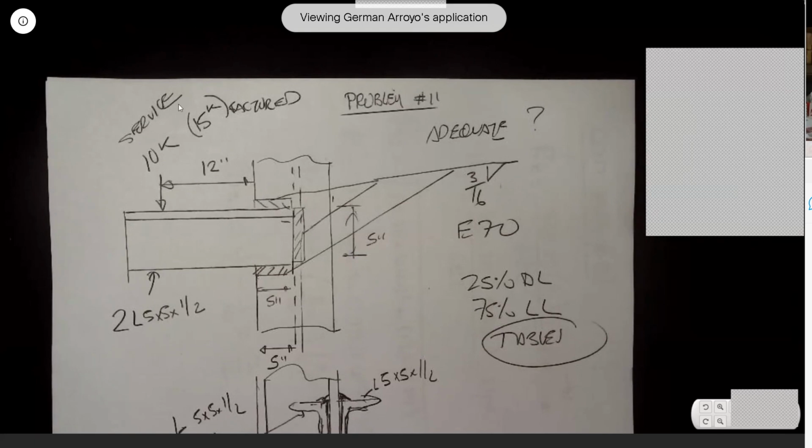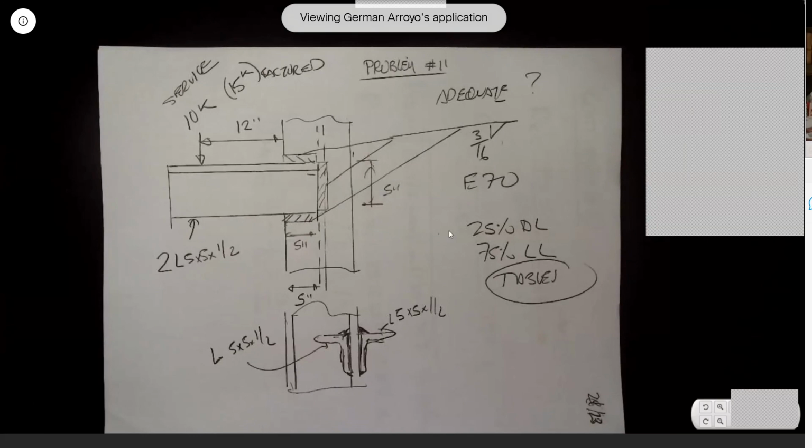So everything is given. You have to find in here if it is adequate or not. So do I need to compute the centroid? I'm going to use the tables. Do I need to compute the centroid? Anybody? Yes, because the table requires the eccentricity EX. So to go to the table, I need to use the eccentricity EX. So